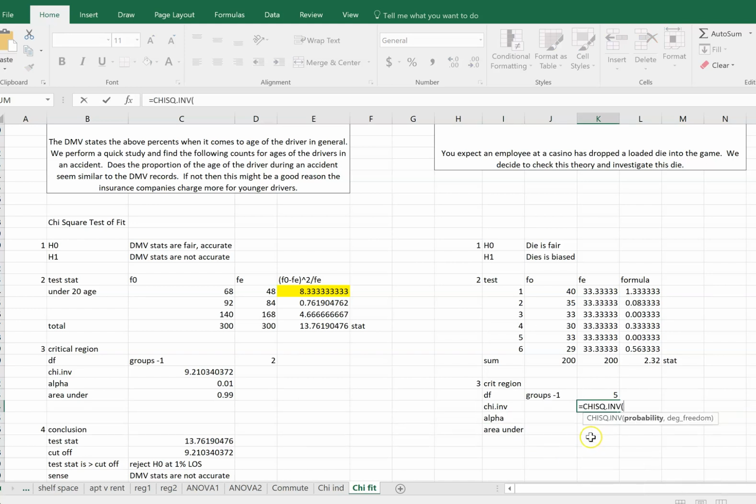The probability will be here once I write it in, comma, degrees of freedom is up here. I like automating my function in Excel, so once I've done it right, I'm good no matter what alphas I choose. And that's what I'm doing here. All right, my alpha, I didn't give it to you. But let's say